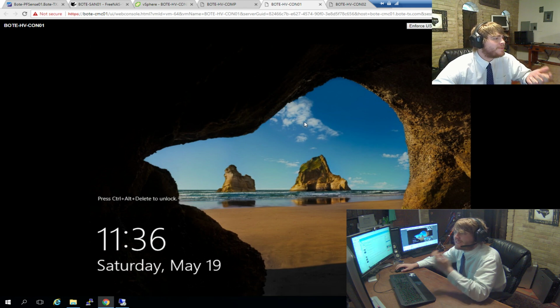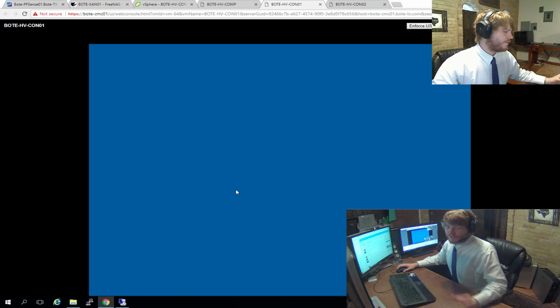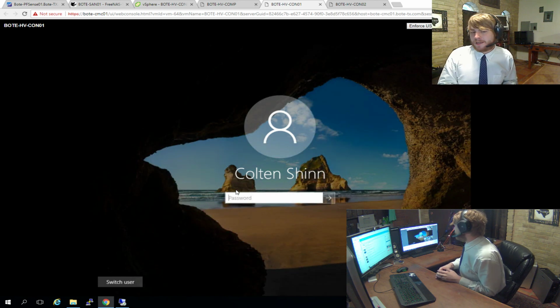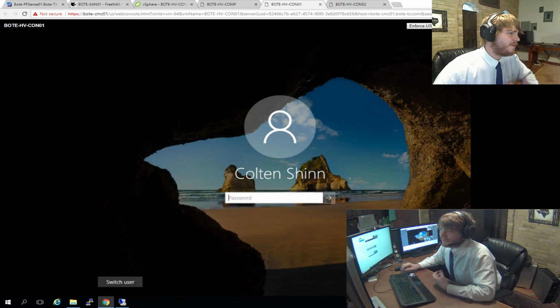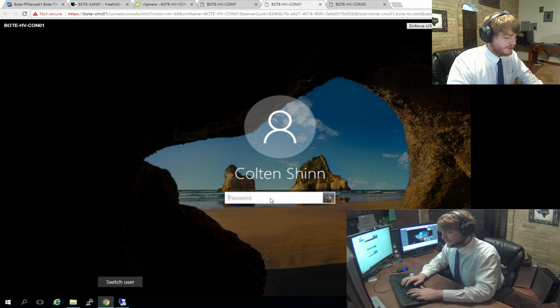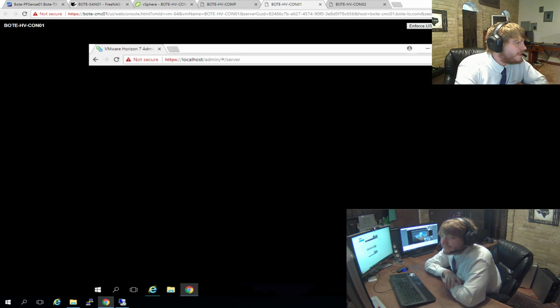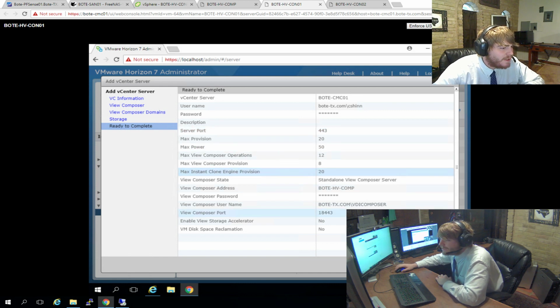vCenter server and get everything set up to actually start initiating the build of pools, because you've got to get in the connection server once you get everything set up, and we have to go in and actually set up what the Composer is going to be, vCenter, such things like that. And when I actually get in, it's very interesting. It gives me an issue where it says it can't set the vCenter server. As you see,